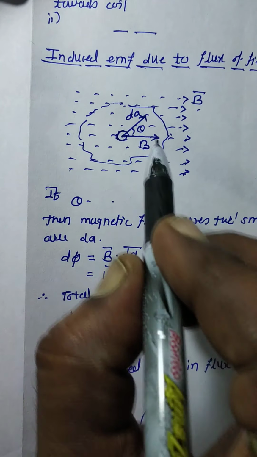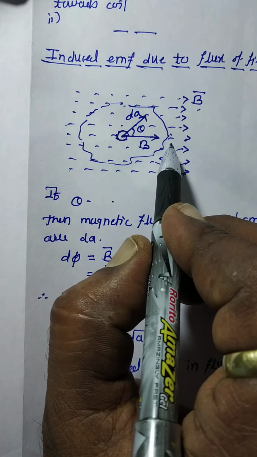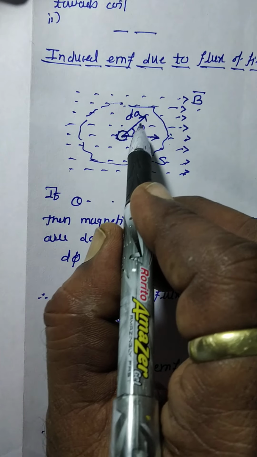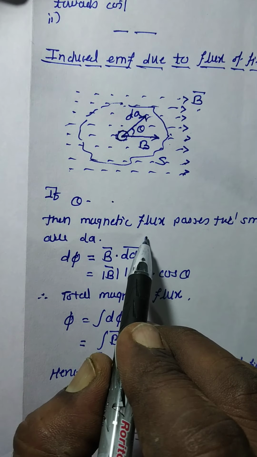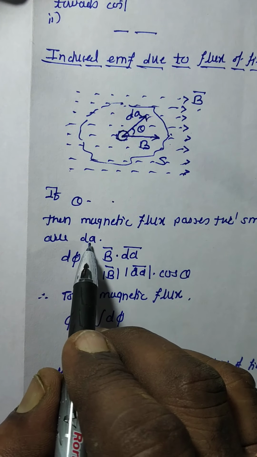Let theta be the angle between the direction of the magnetic field and the vector area dA, then the magnetic flux that passes through area dA